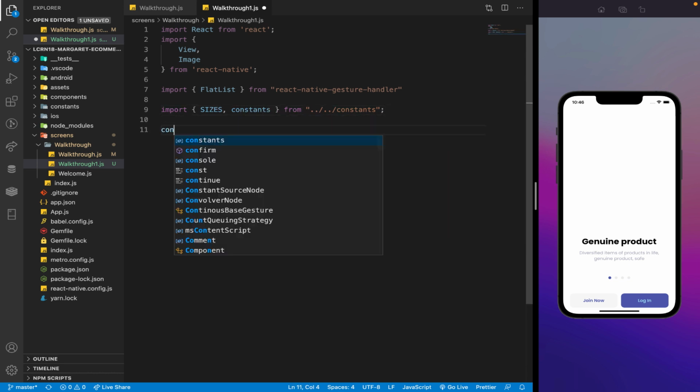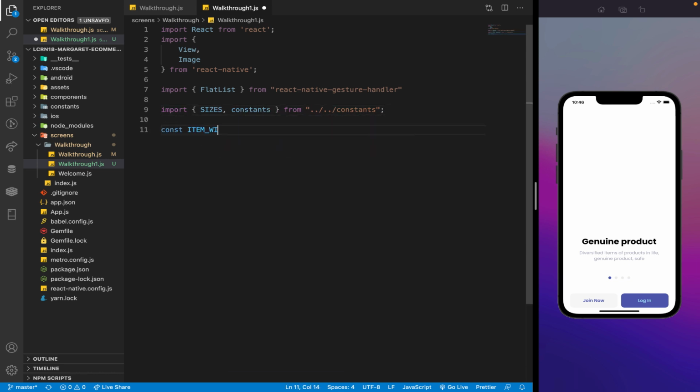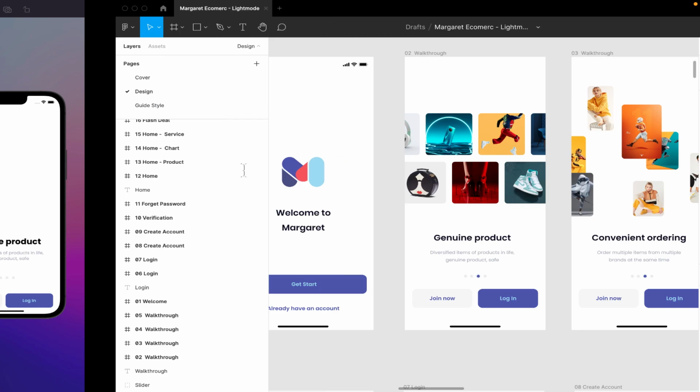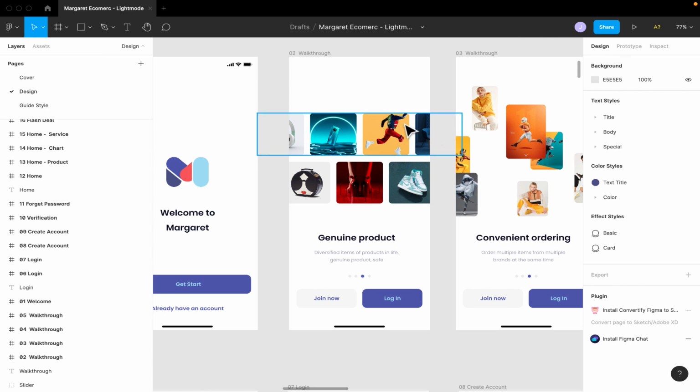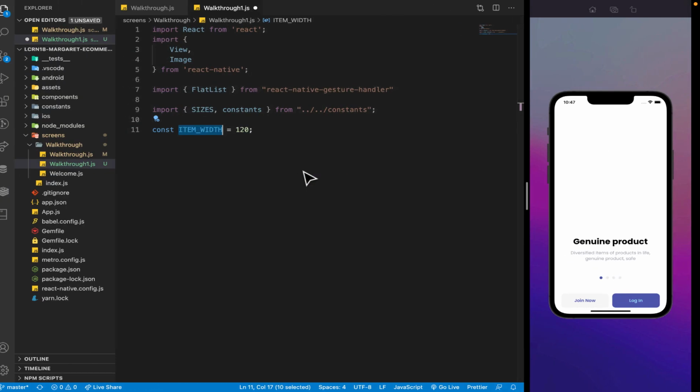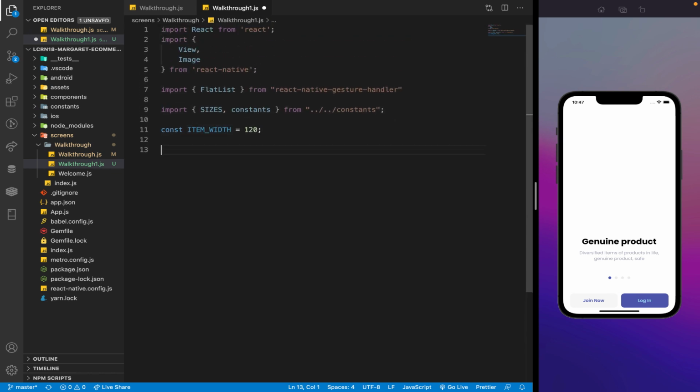After this, we need to define a constant variable of item width of 120, which basically means each of these images over here in the slider has a width of 120. Alright, so next we can then define the functional component. So constant walkthrough1 equals to arrow function, and we are going to return something. Don't forget, we need to export default